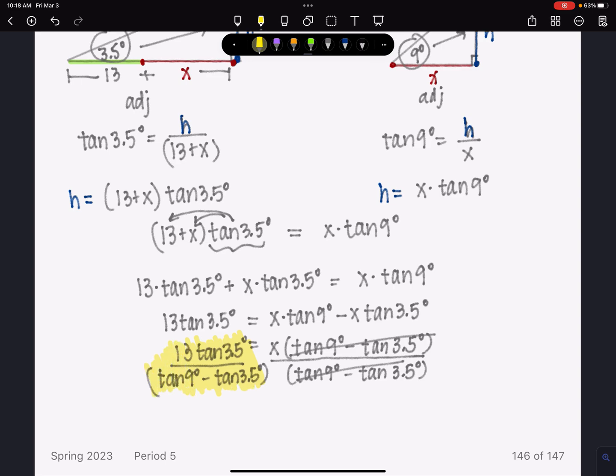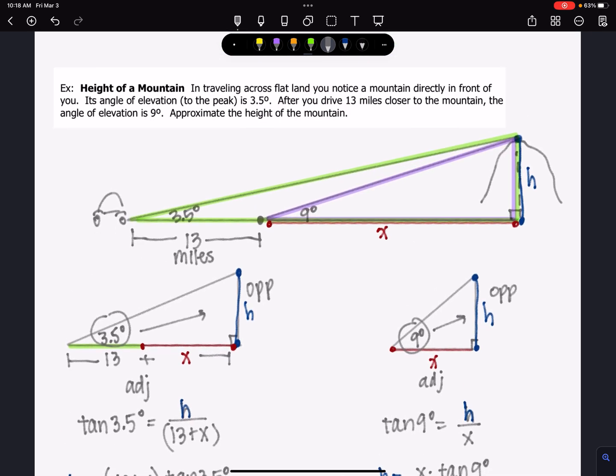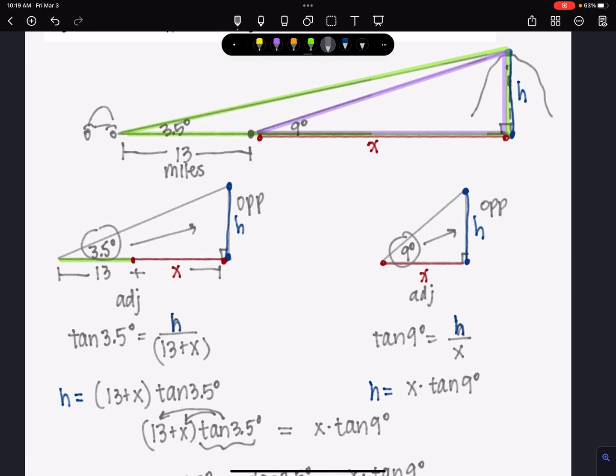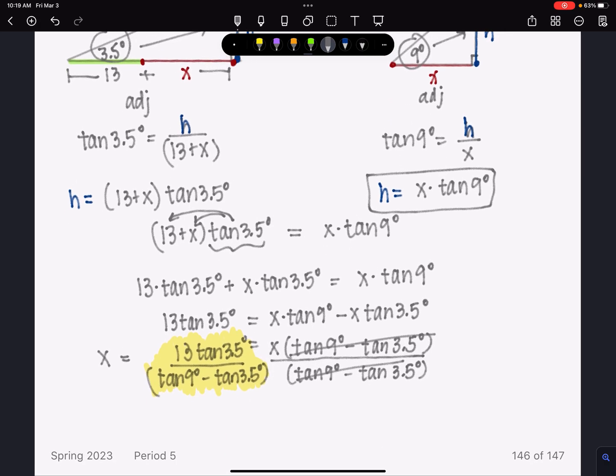So after I do all of this algebra work, I've almost forgotten what the problem is even asking. So I'm going to write equals x so I don't have to rewrite the whole thing all over again. Now, what was it asking for? It was asking for the height of the mountain, and the height of the mountain is h. And over here, I got h equals x times the tangent of 9 degrees. But I didn't know what x was. But now I do know what x is. So when I'm solving for h,